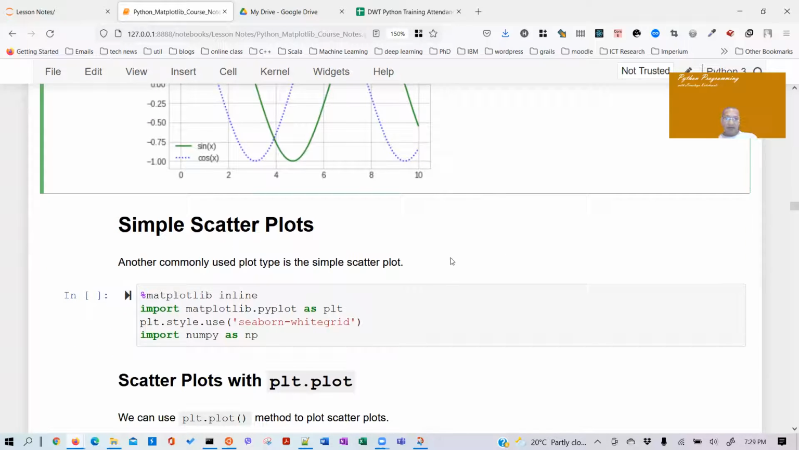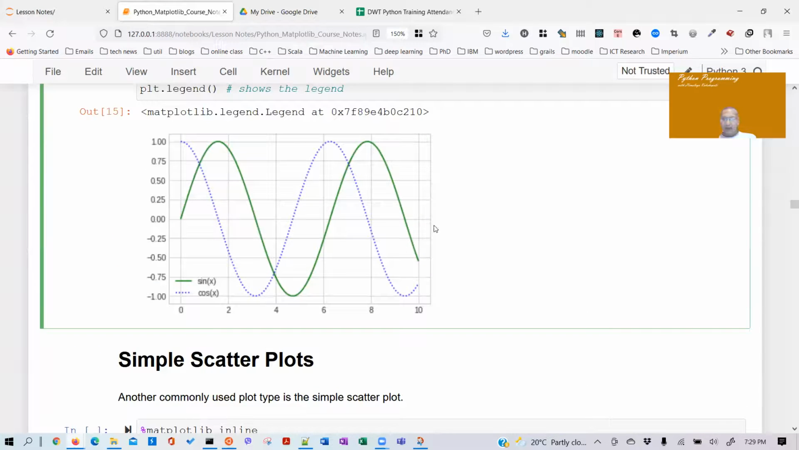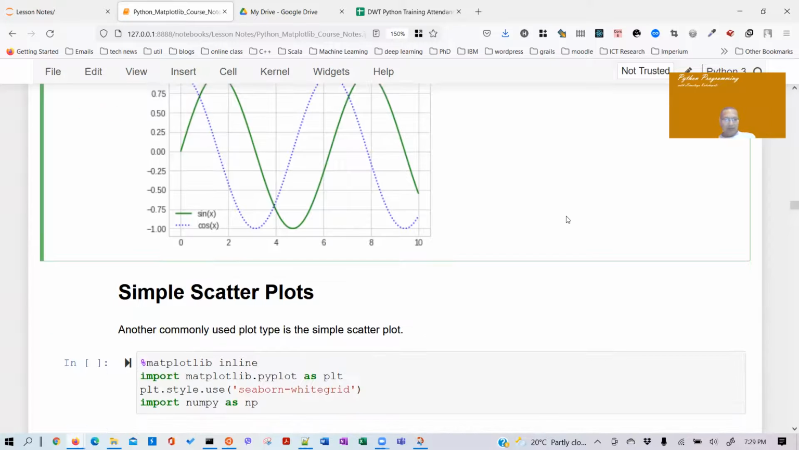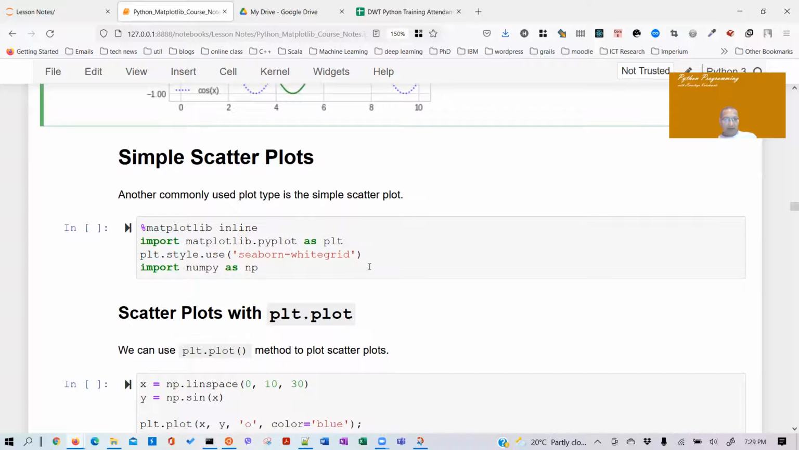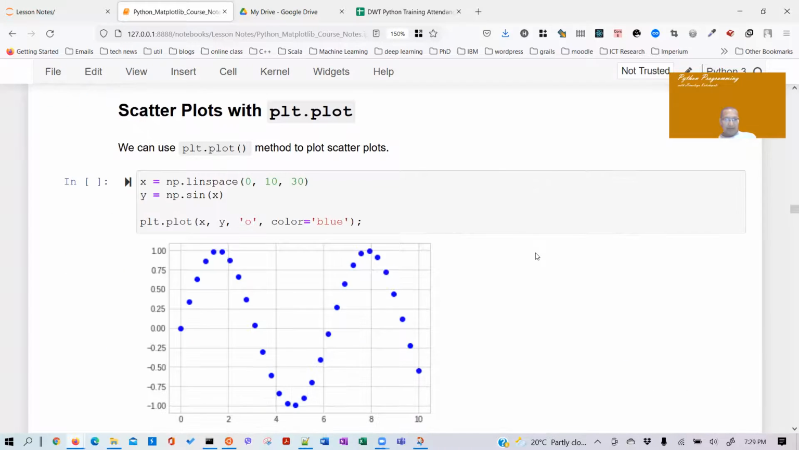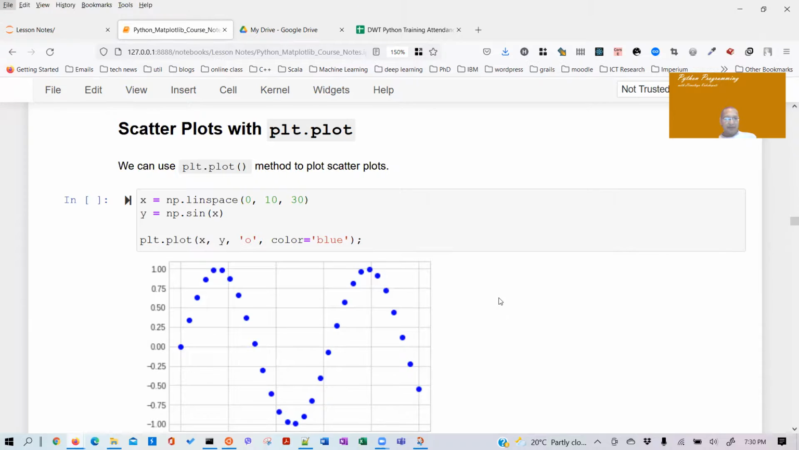Another commonly used plot type, you say line plotter, these are called line plots. plt.plot गरे, these are line plots है. अब कहिले के हुन्छ भन्दा we need rather scatter plots चाहिन्छ हामीलाई. So, scatter plots, simple scatter plots, let's see. White grid. Okay, so we can use plt.plot. यसमा plt.plot use गरेर